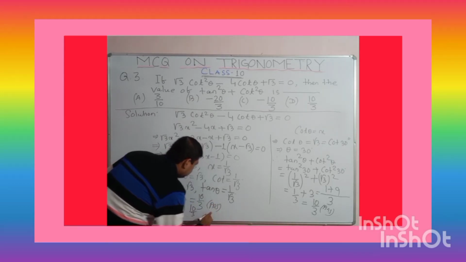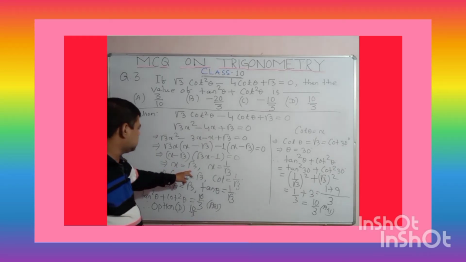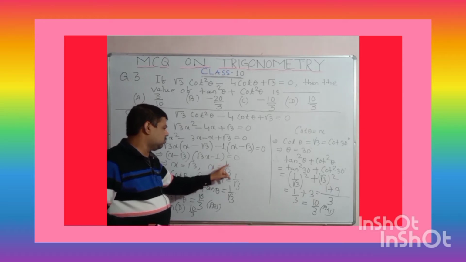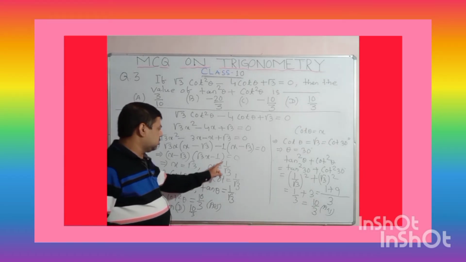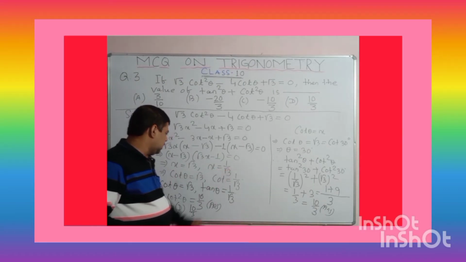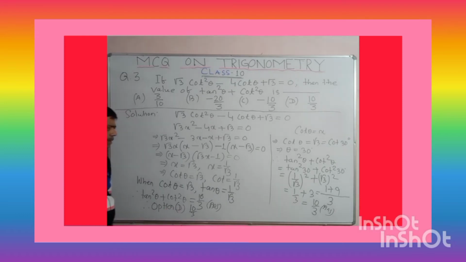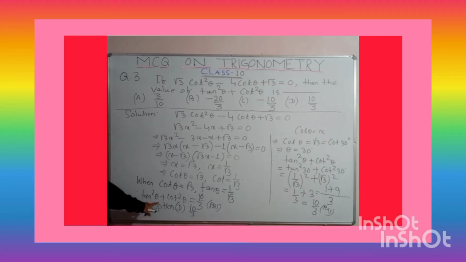Is it clear, all of you? Understand? Let us take the value of x is equal to root 3, so cot theta is root 3. Another value, x is equal to 1 by root 3, and by taking x equal to 1 upon root 3, it means cot theta is equal to 1 upon root 3. Similarly, find the value of theta and the same value will come. Okay? Understand? Let's check this one. Let's check when cot theta is equal to 1 upon root 3. Okay? Is it clear? Option D is coming.